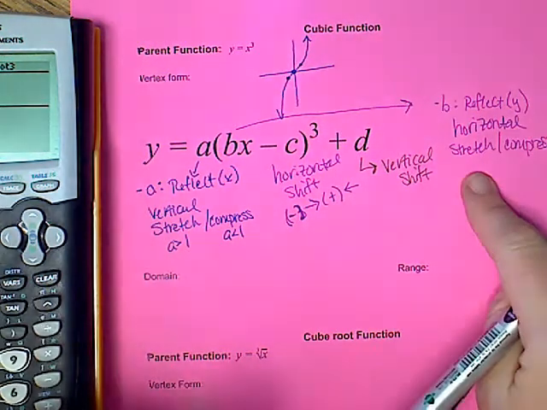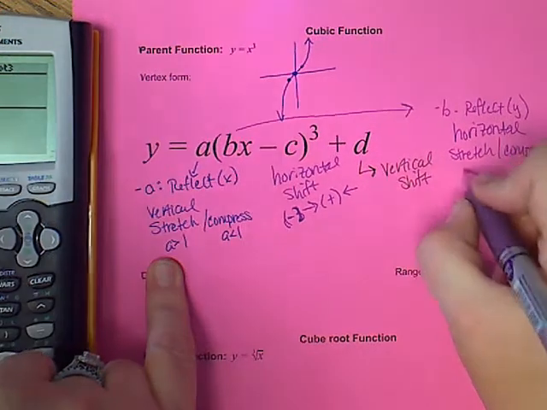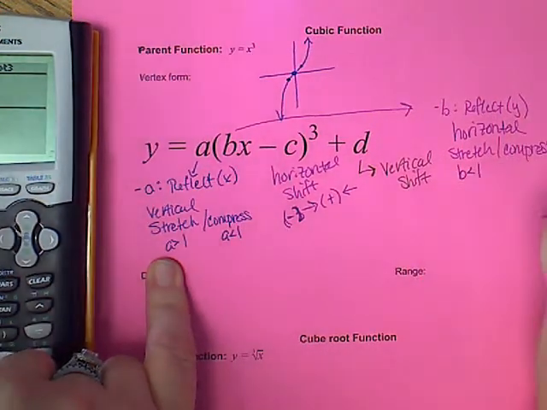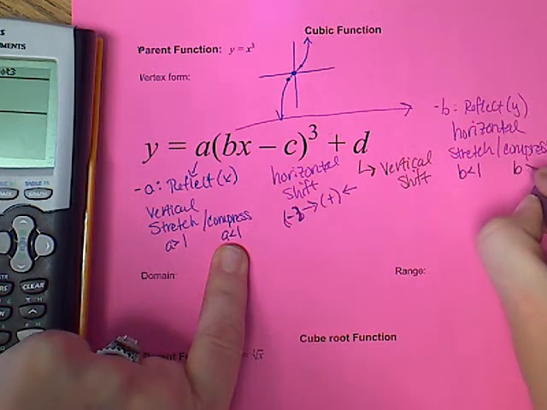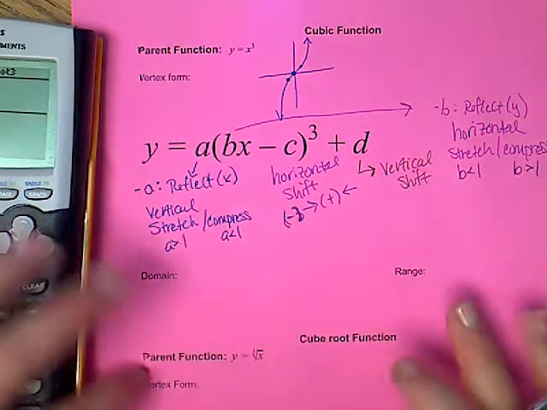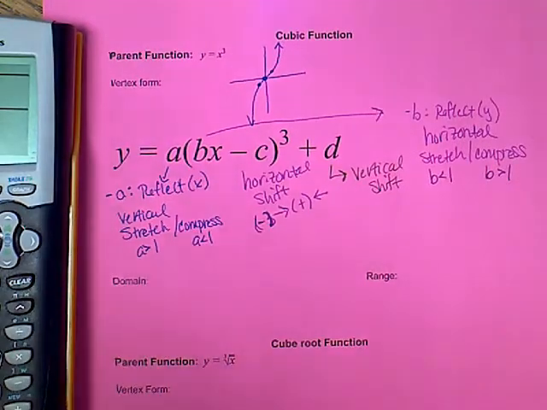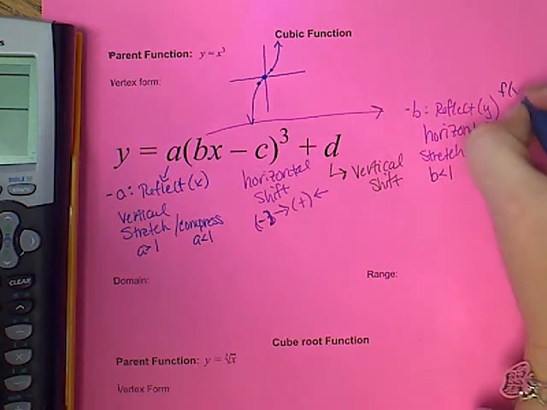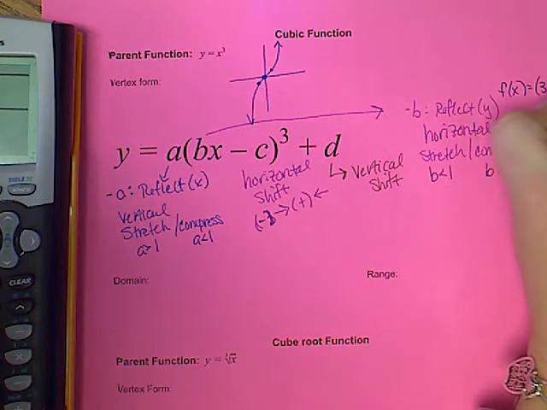This one, again, is opposite, so A was greater than 1 for a stretch, B is going to be less than 1. You're going to do the opposite of what we see sitting here. So a quick example, just so that you have this, you're welcome to put it in your notes, is if I have this right here,